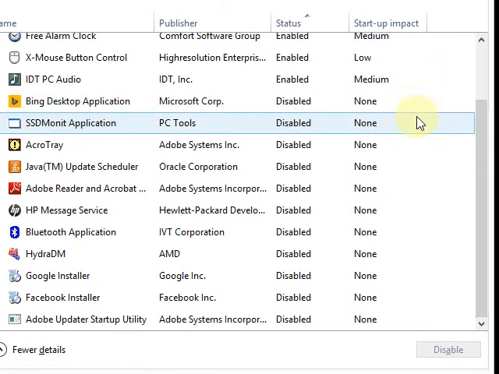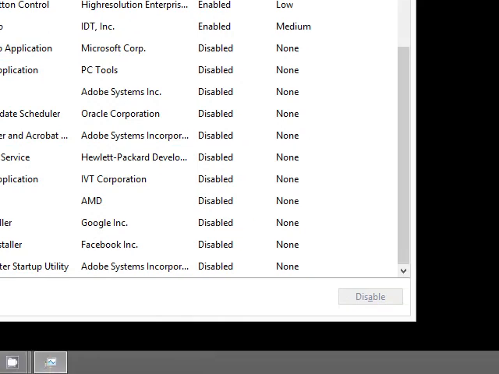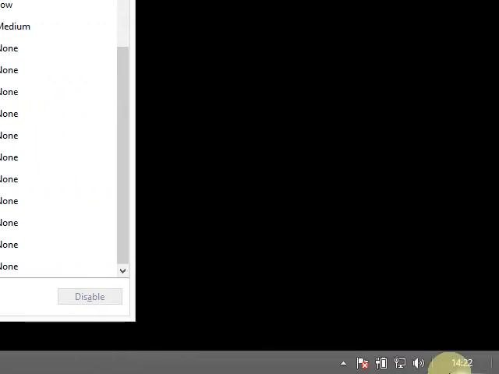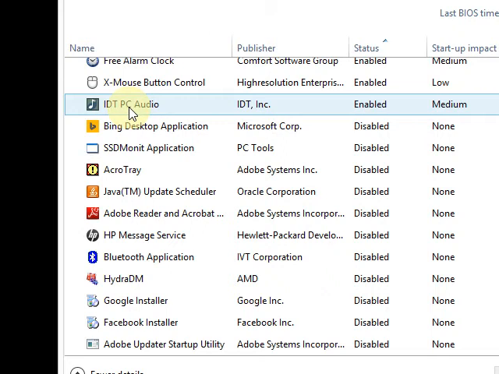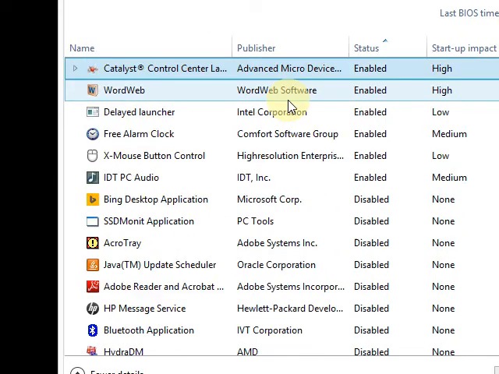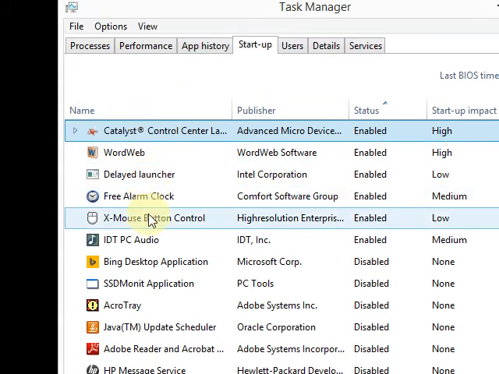So basically what you need is, first, the PC audio, that is your sound system, which is this volume system. You need this to be working as soon as your computer turns on. You are not in a position to turn it on yourself, as it's quite irritating. So you should always keep your sound drivers on, and your graphics drivers too, if you have some. This is my X button mouse control, which is, in case I use a 6 button mouse, I'm able to control the extra 2 buttons in the way I want using this. But most probably you people don't have it, so I don't think you need this.